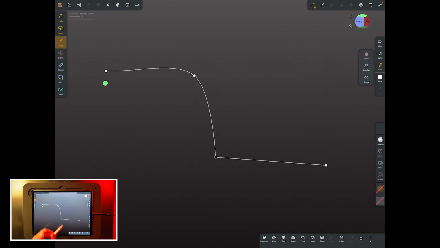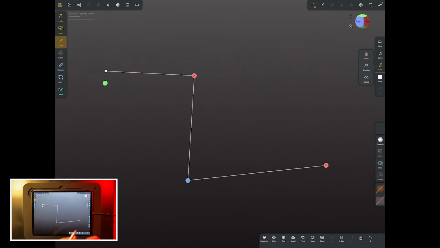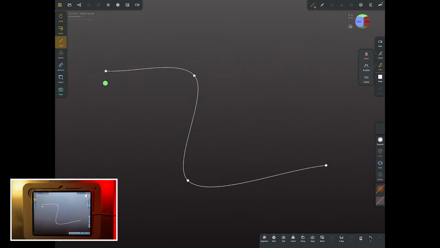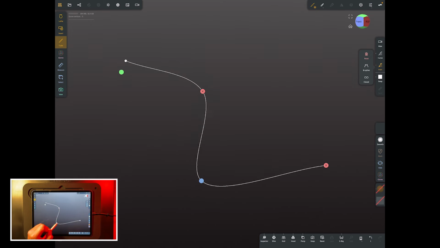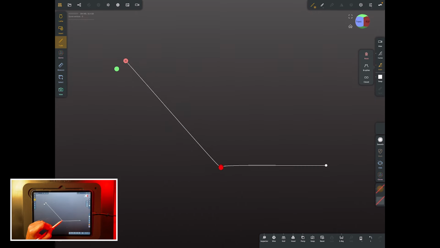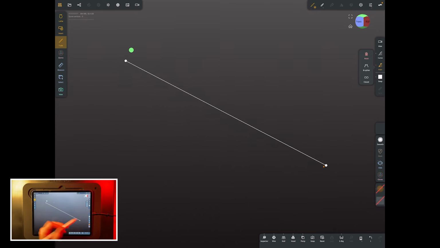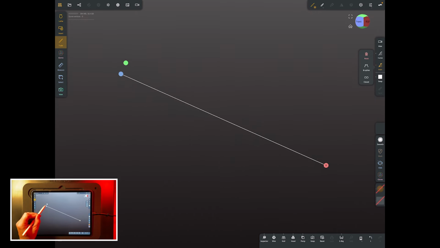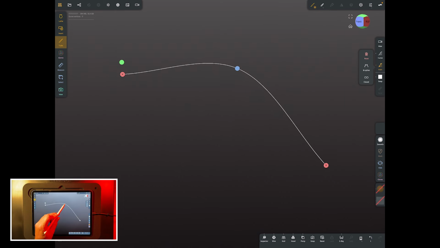If you tap on the points, they go as if they're right angled. So if you want to do angled tubes, really angular things, then just tap on them and they go right angled like that. And as you're moving around, you can get to the point where you want to get rid of a point, and you just drag one onto another, and it snaps away and it's gone. So let's just do one at the start, one at the end, and one in the middle,